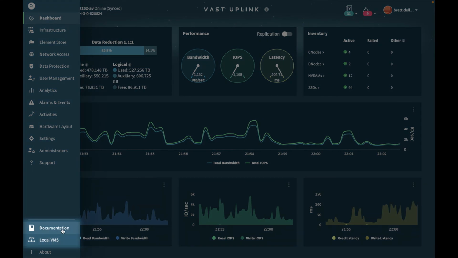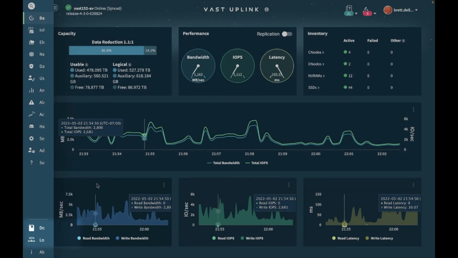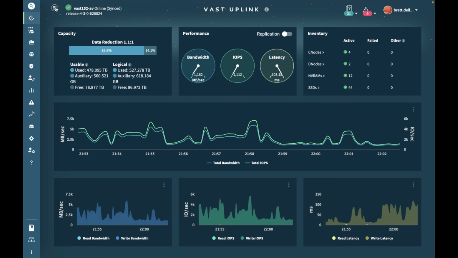Local VMS will take you, based on the information provided about VMS Uplink, back to the VMS instance that's on-prem